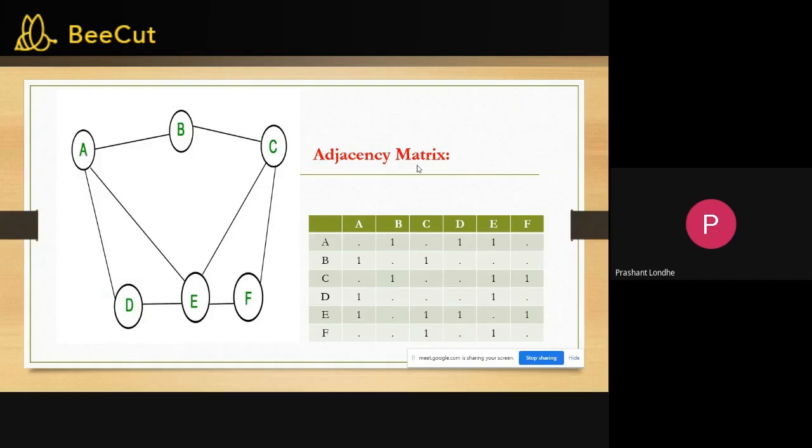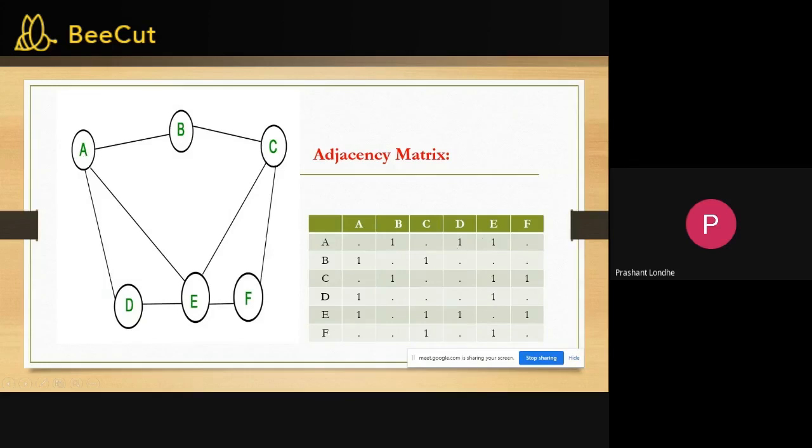So just see here, A is adjacent to B, so there is a 1 between A and B. Also, A is connected to D, so there is a 1 between A and D. Similarly, there is a 1 between A and E.